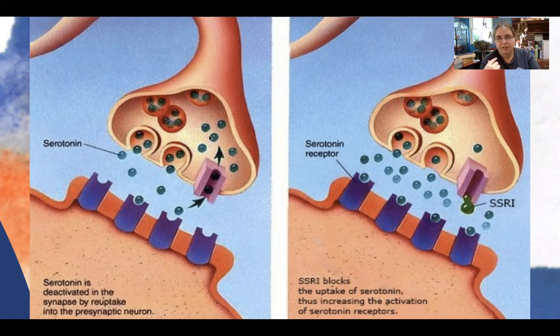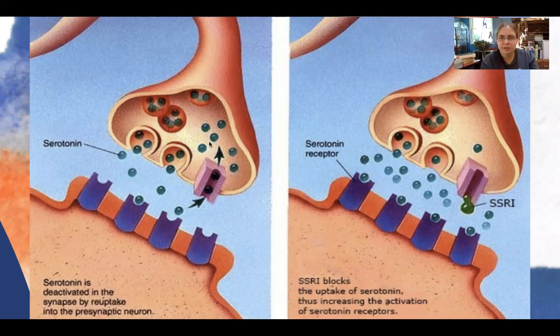However, sometimes what happens is either not enough of the serotonin is being produced and released, so there's not as much down here to hit the receptors before it gets reabsorbed, or maybe not all the receptors are working. If half the receptors aren't working, you're only going to get half the effect before the serotonin gets reabsorbed. So you're not getting the full effect of it.